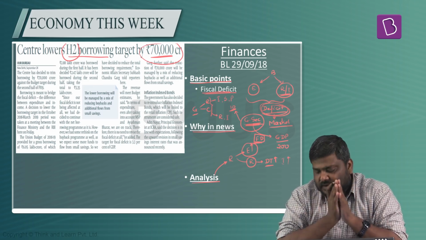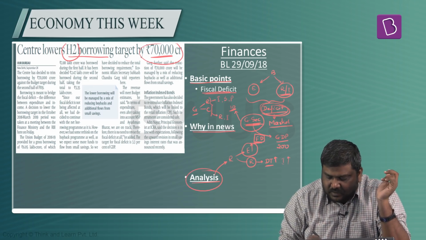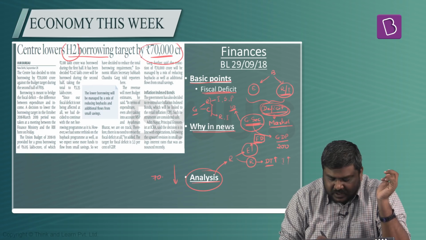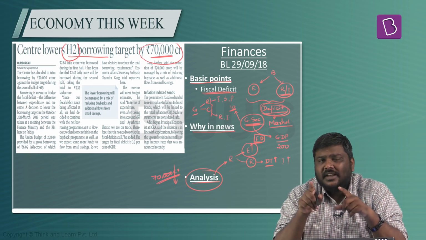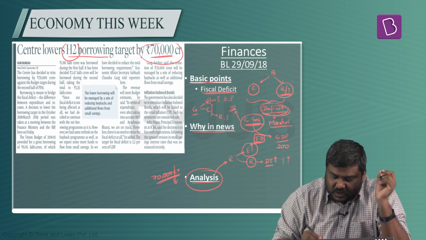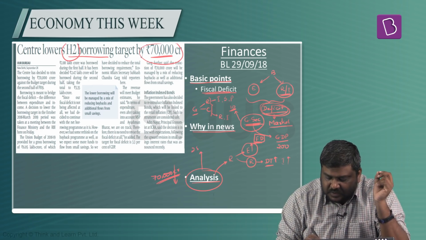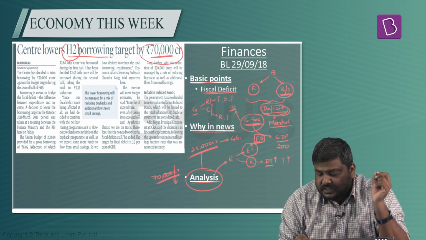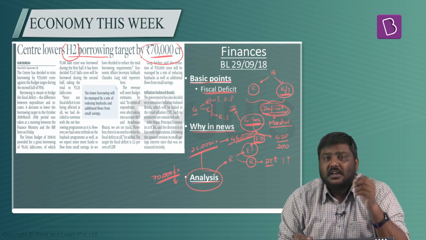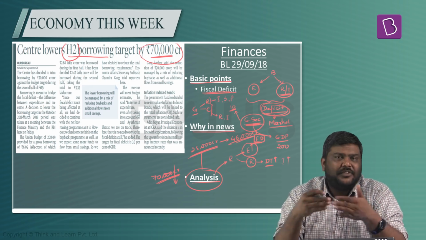That is the precise reason why the Government of India has said that they would reduce the borrowings by 70,000 crore rupees. Now, having said so, already the estimates are that the subsidy for LPG and kerosene, which was around 25,000 crore rupees for this financial year, will be more than 46,000 crore rupees. Whether it will pan out or not, we will have to wait and see.